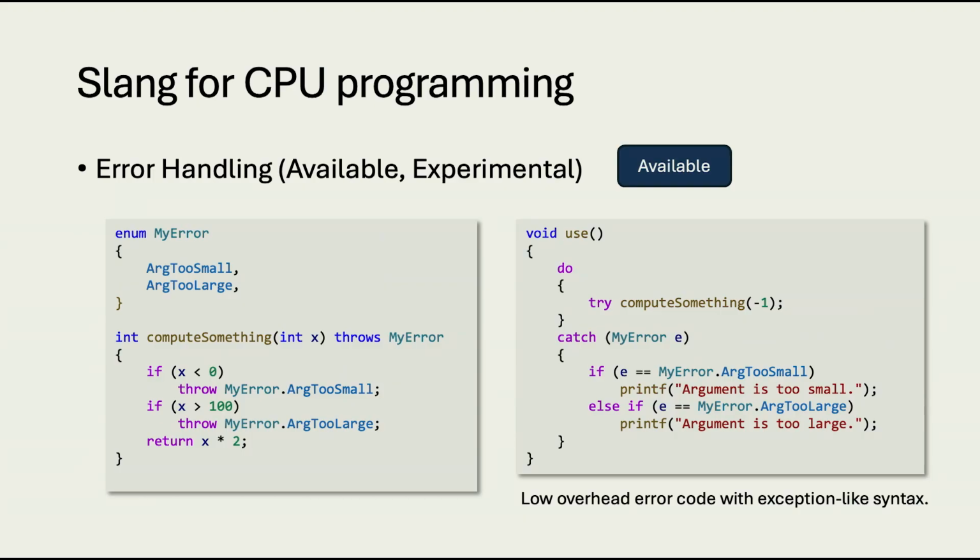So for error handling, we recently added experimental support for the throw and catch keywords. While these look like exceptions, they are actually lowered exactly as error codes. So it's very lightweight and has very low overhead. And this is another example of Slang being designed as a GPU-first language. The alternative to adding this error handling support is to introduce exceptions to the language, which would obviously be a poor idea when you want to target GPUs. So we decided that Slang won't have exceptions,